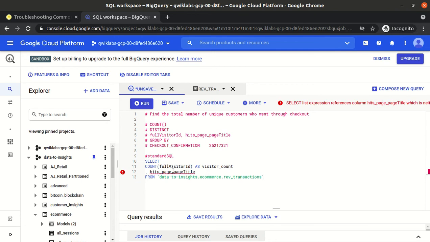Okay, this time they give us the count. They are counting the visitor ID. Okay, but the group by operation is missing, and the distinct operation is missing, because we need to find the unique. For unique we always use distinct. So this query is again incorrect.